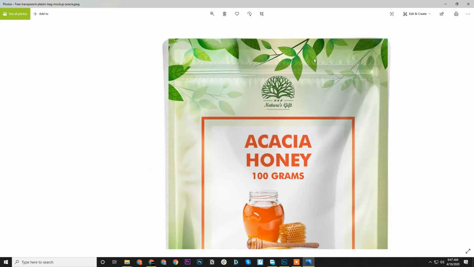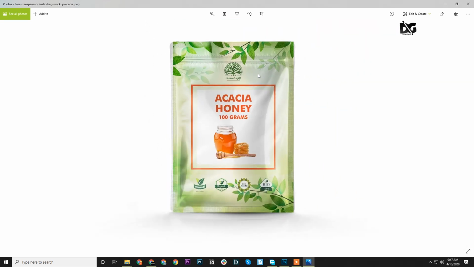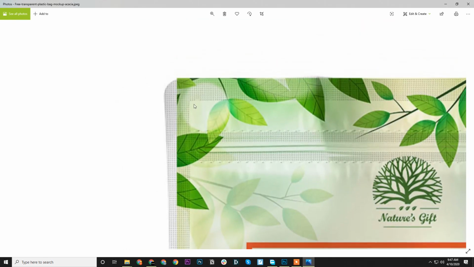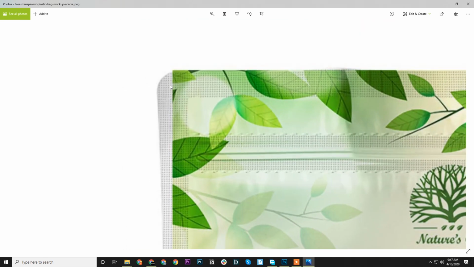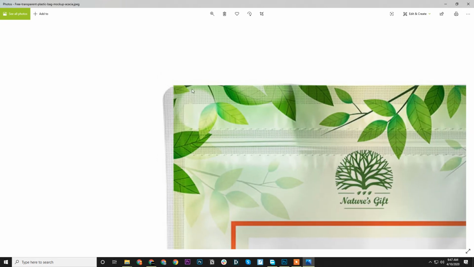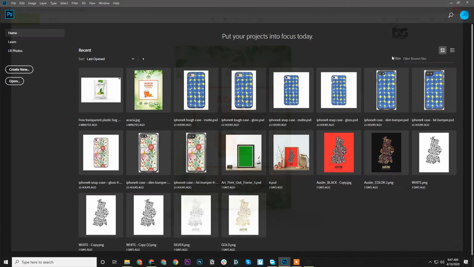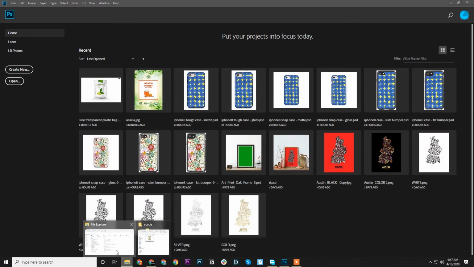So this is good, at least a moving point. There are some issues here. You could see that it has not completely covered the mockup template. So again, you need to modify your mockup templates,